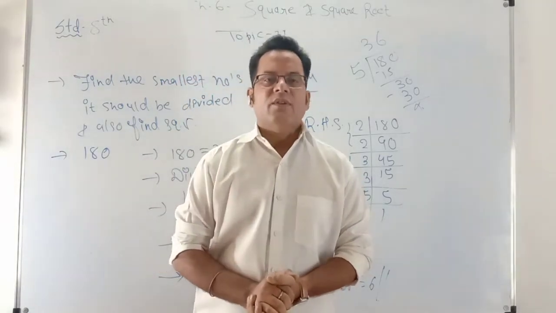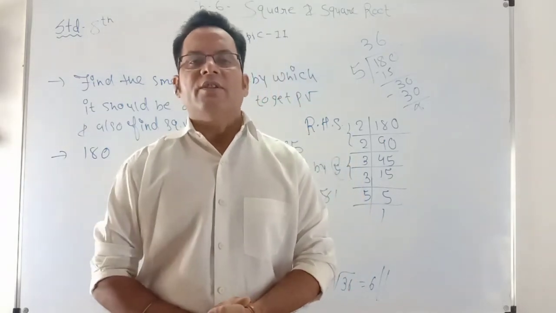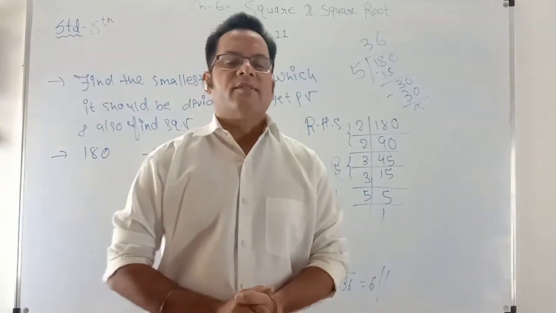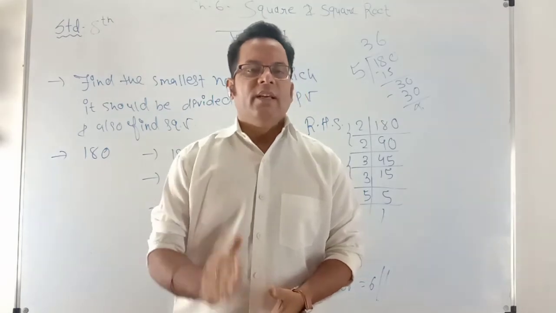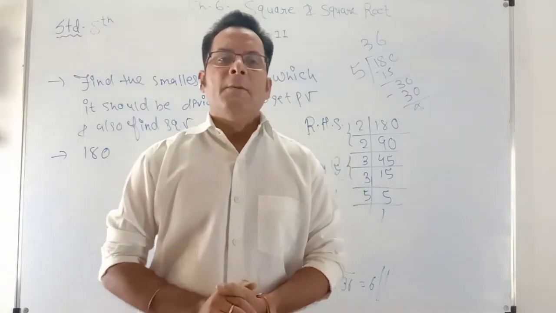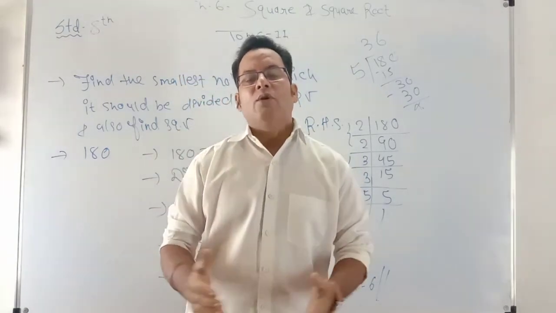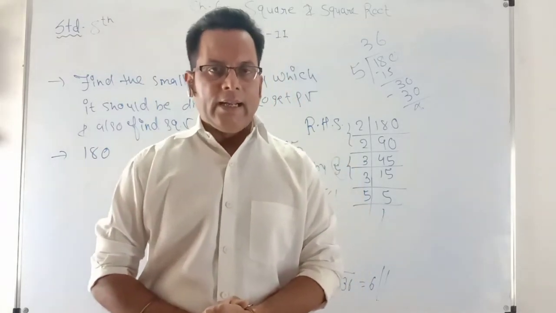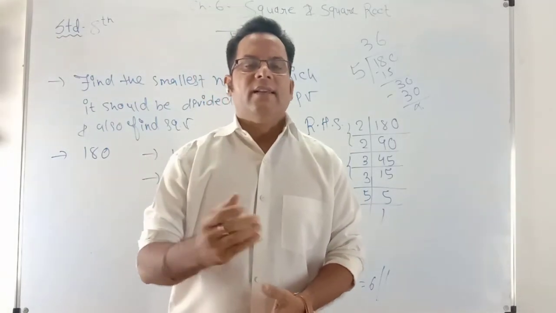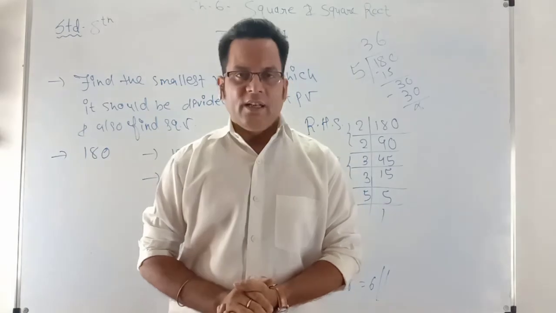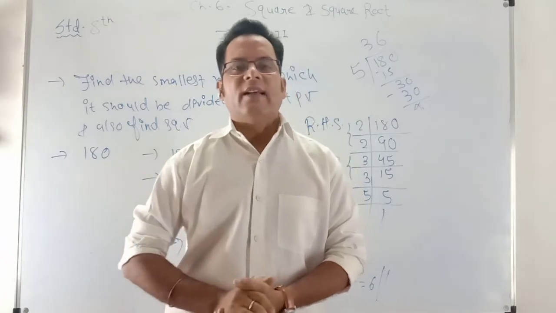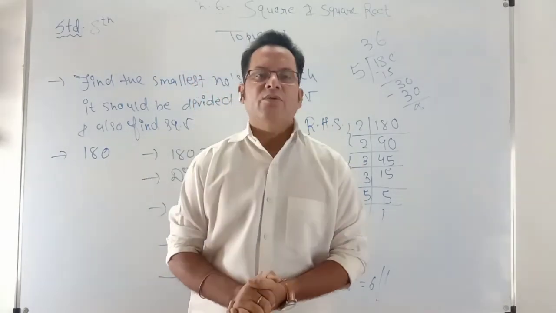In Pythagorean triplet, students, remember, one number is already given in the question, you have to find the other 2. And the members of the Pythagorean triplet are 2m, m square minus 1, m square plus 1. In that method, you first have to find the value of m, and then substitute it into the next 2 members. Then, students, how to find the sum without adding. In that also I told you, you have to count how many numbers are given, then assume it as n. After that, how many numbers are lying between the squares of 2 numbers. In that also we go for assumption, and use the formula 2 into n.